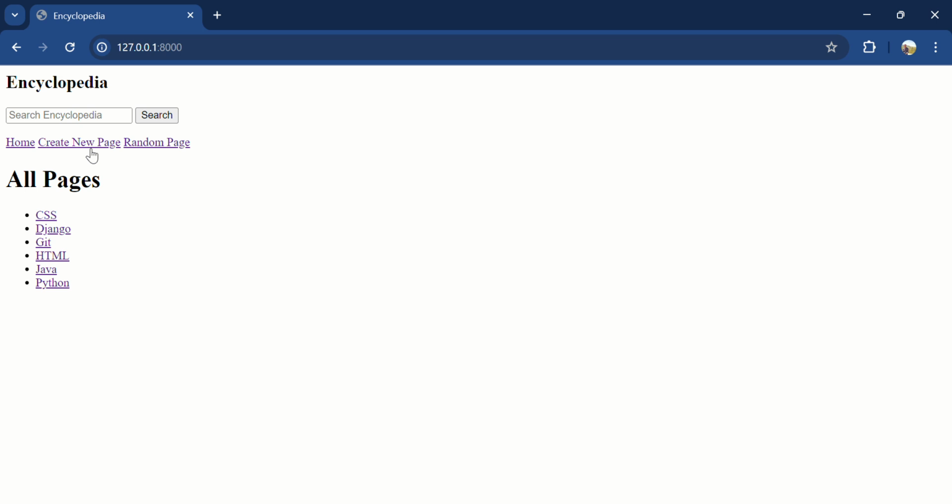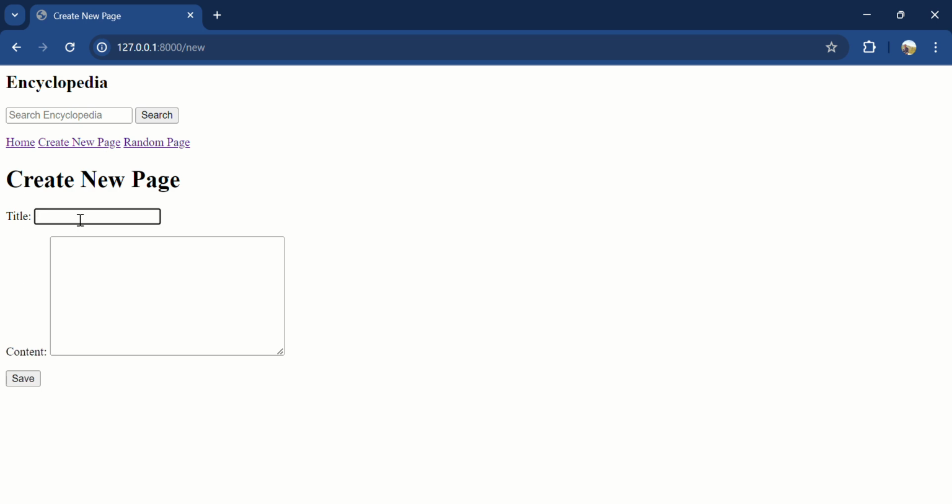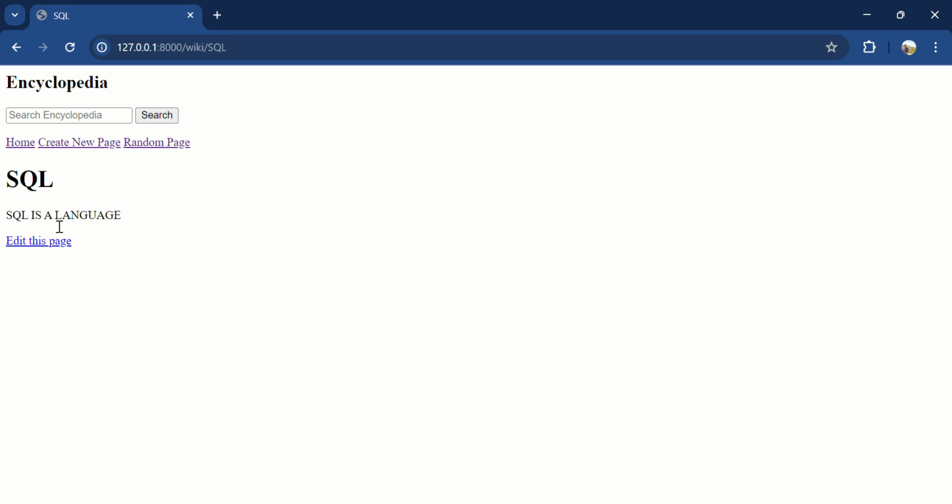if we need to create a new page, then click on the new page, give a title to it like SQL, and give some description to it. SQL language, and click on the save button. We can see our description here, and click on the home button and we can see our newly created page